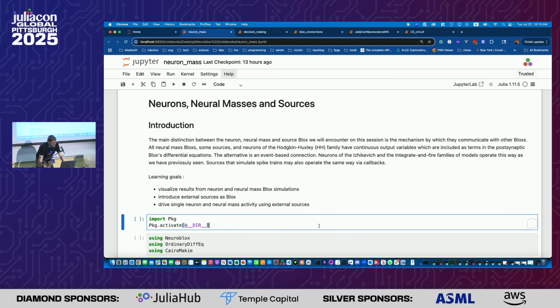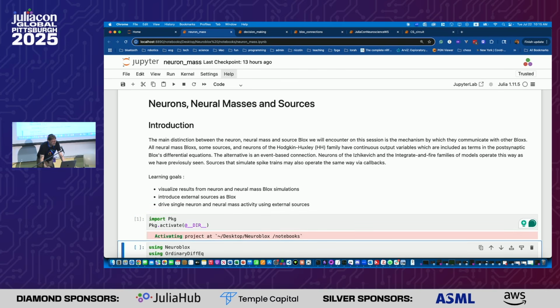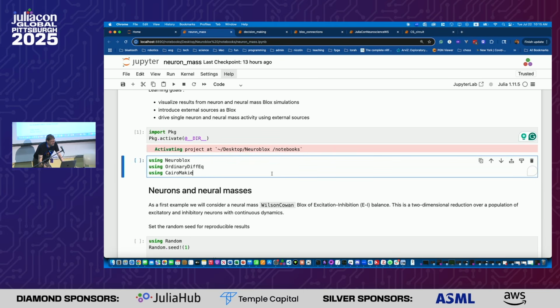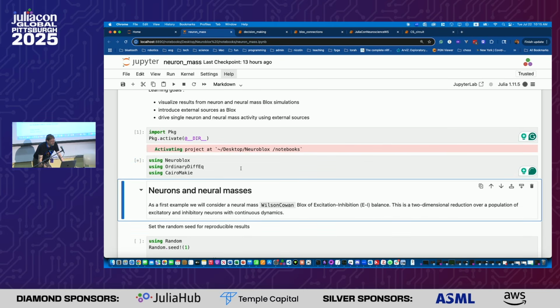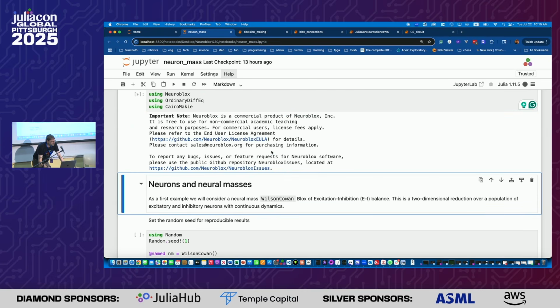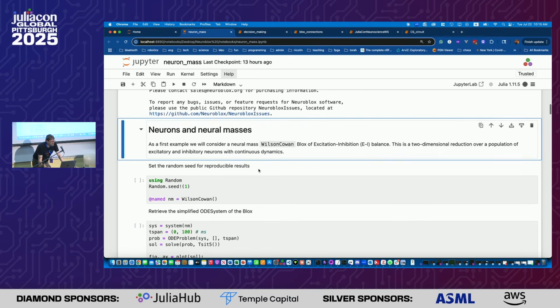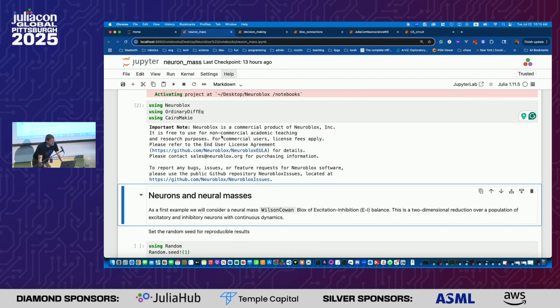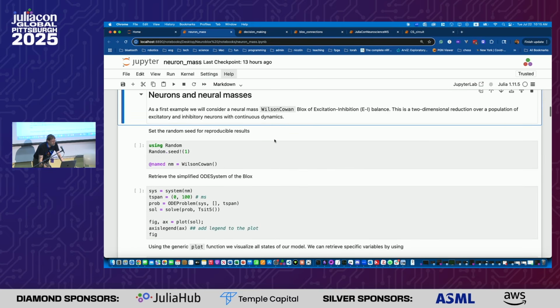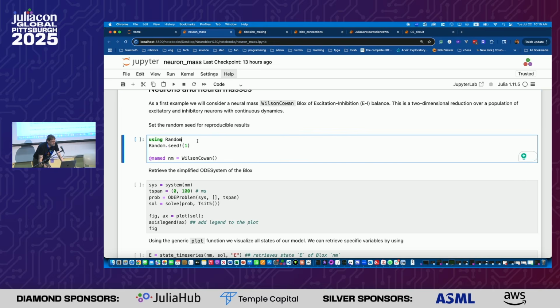So what we want to do again is start the package, activate in the current directory, and then load Neuroblox and OrdinaryDiffEq. And by the way, this comes back to this, like when you import Neuroblox, you will see a little disclaimer and EULA, and you can. Okay, so